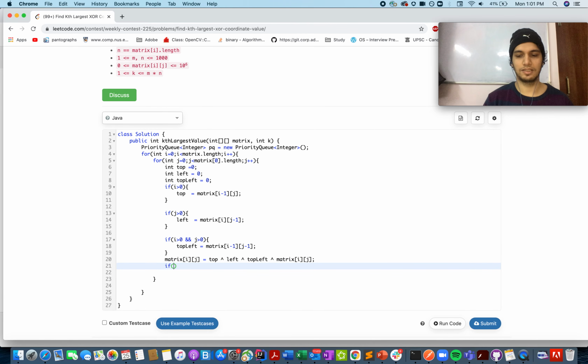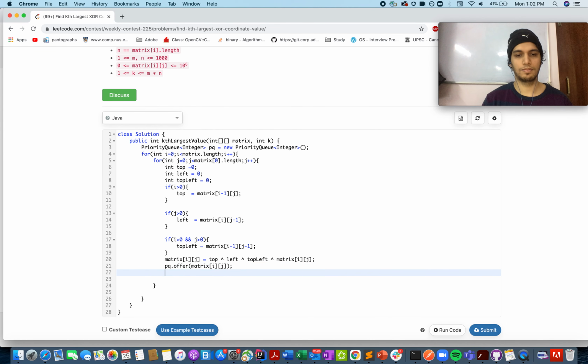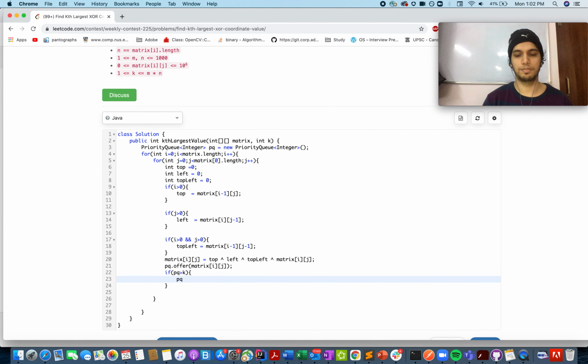And let's add this value in the priority queue. If the priority queue size becomes greater than k, then just pull out elements from it.